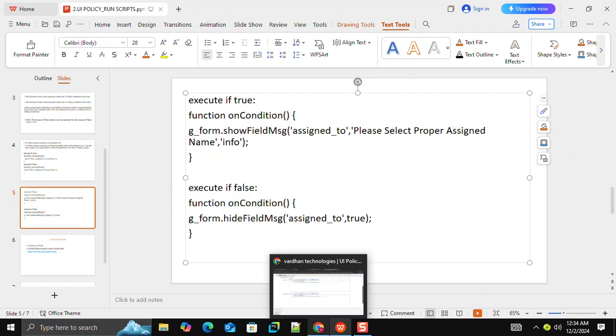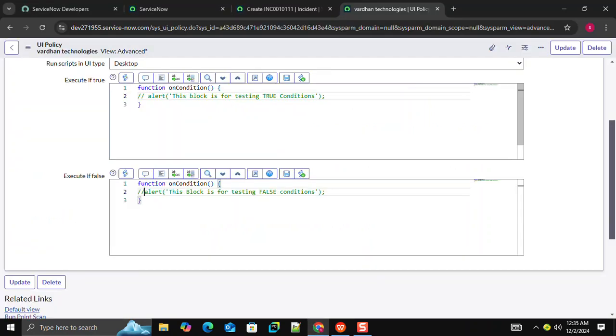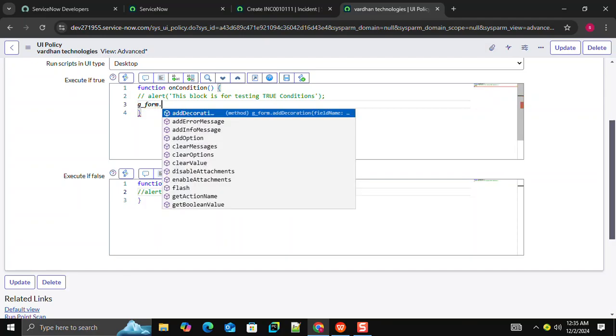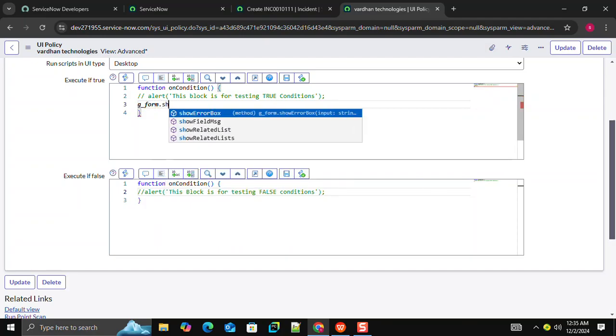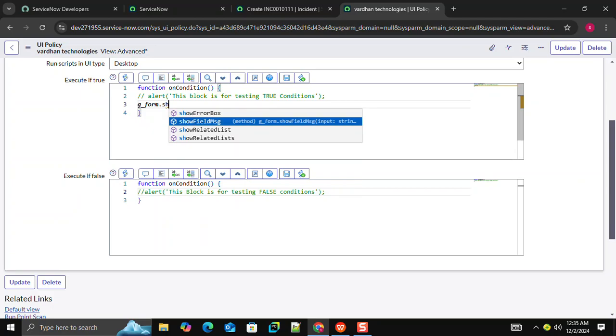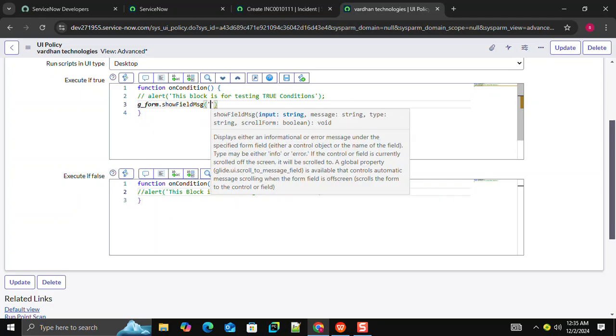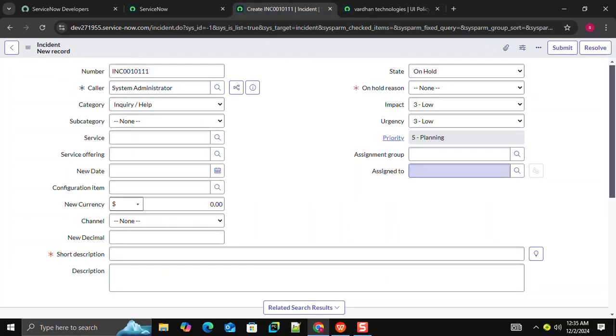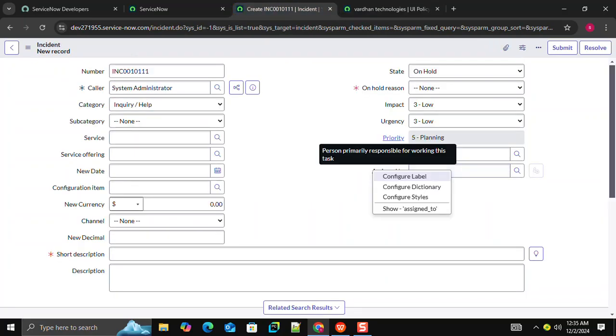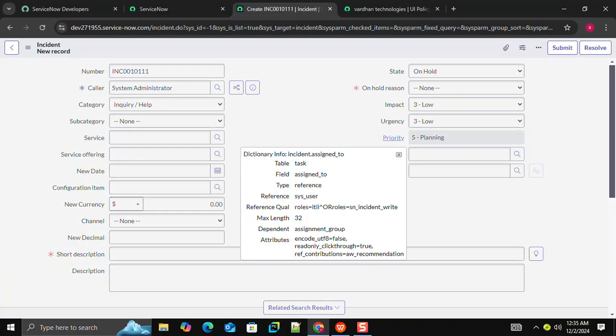So write this script: g_form dot show field message, give the proper field name, assigned to, let us select this assigned to field value, assigned to here,